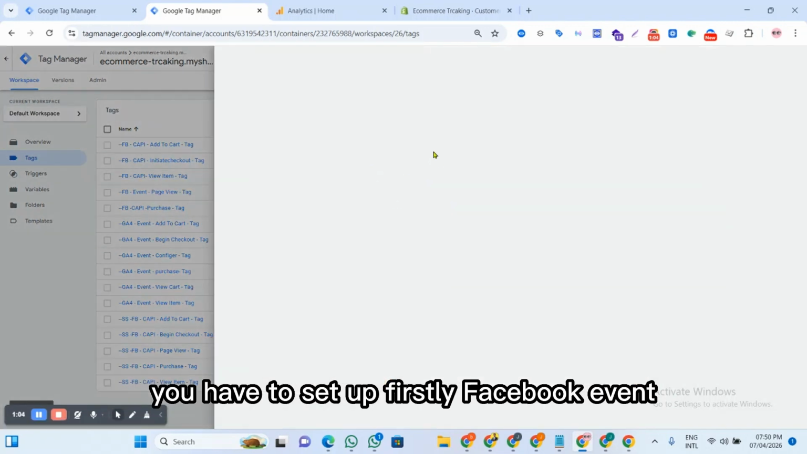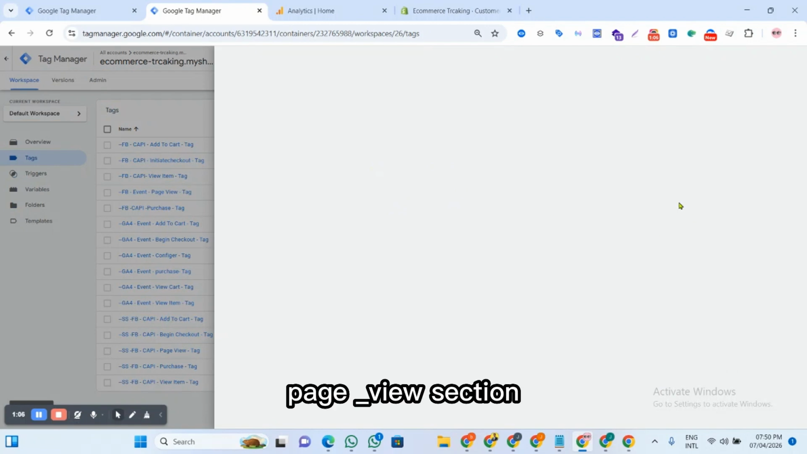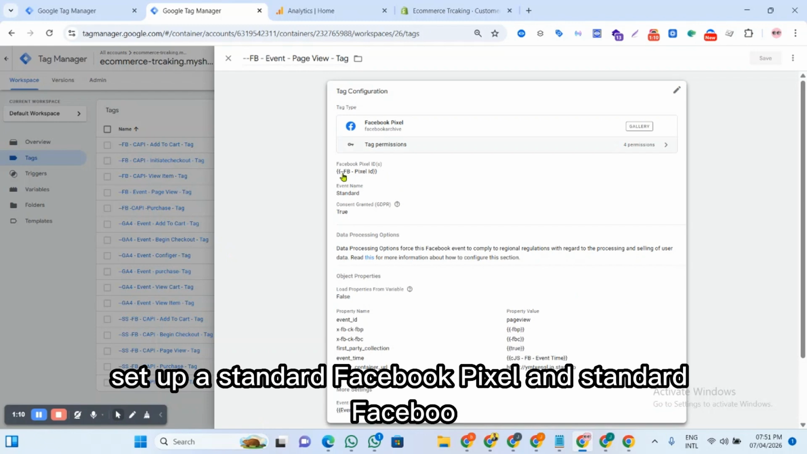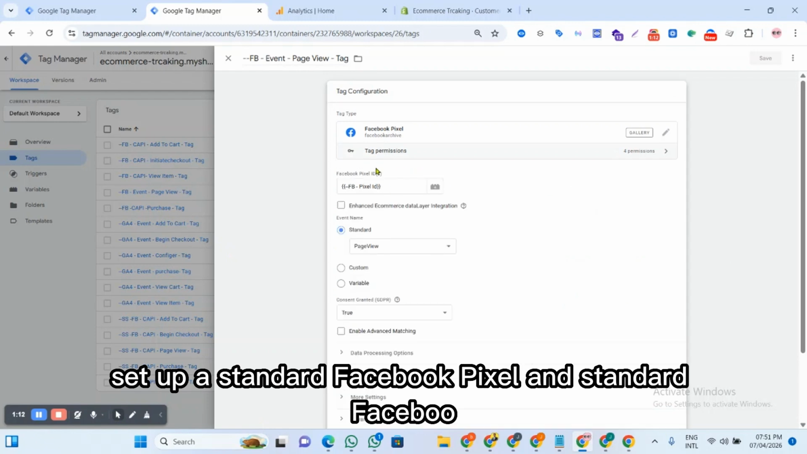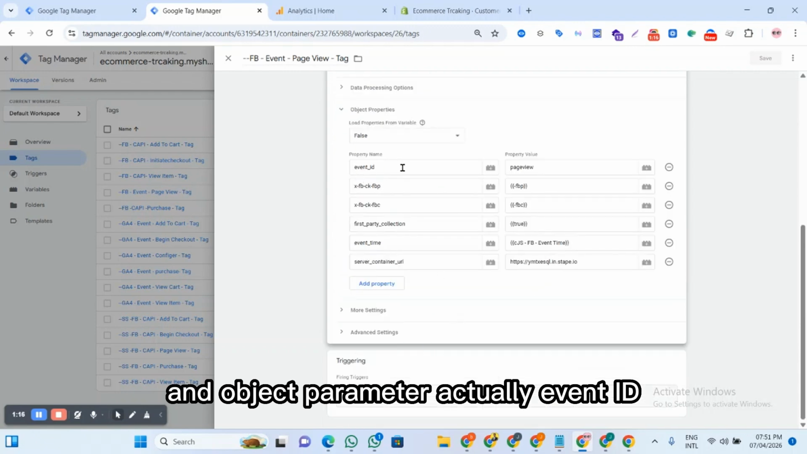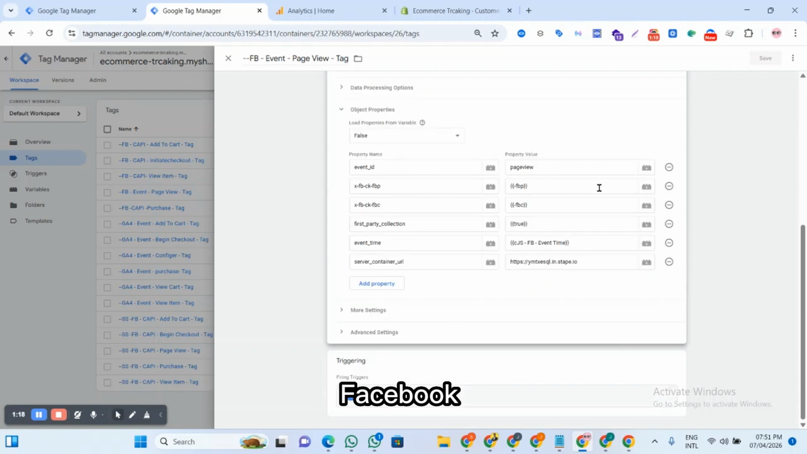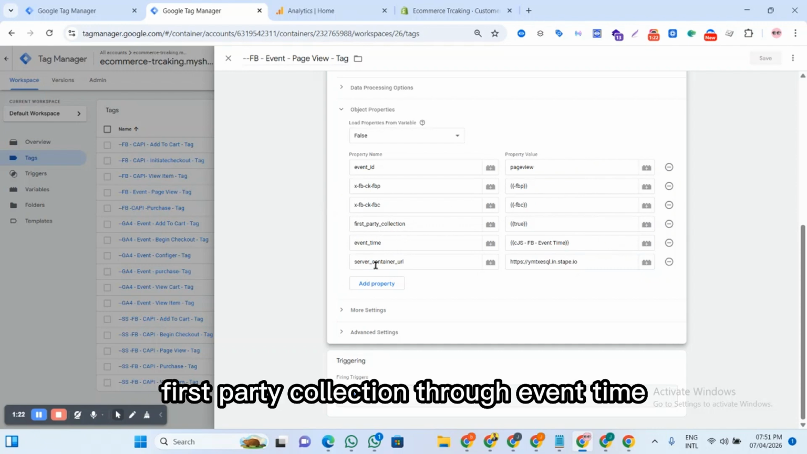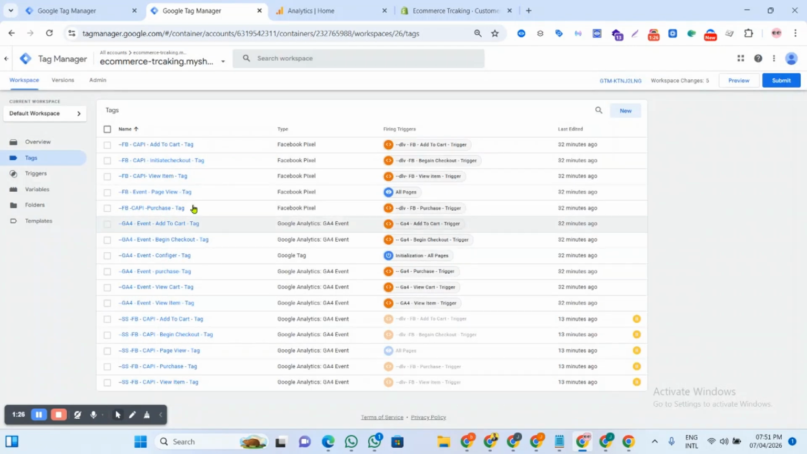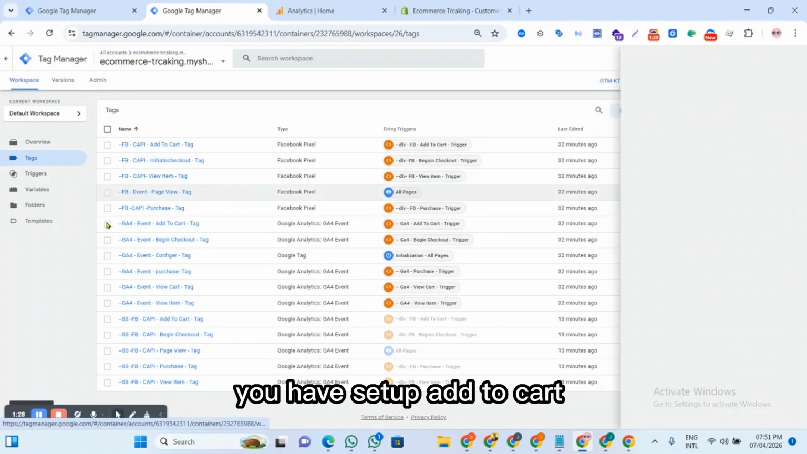Firstly, the Facebook event page view section. Set up a standard Facebook pixel event with the standard page view, and the object parameters: event ID, page view, FBP, FBC, first party collection true, event time, and server container URL. Then set up all the page views, and step by step, set up view item